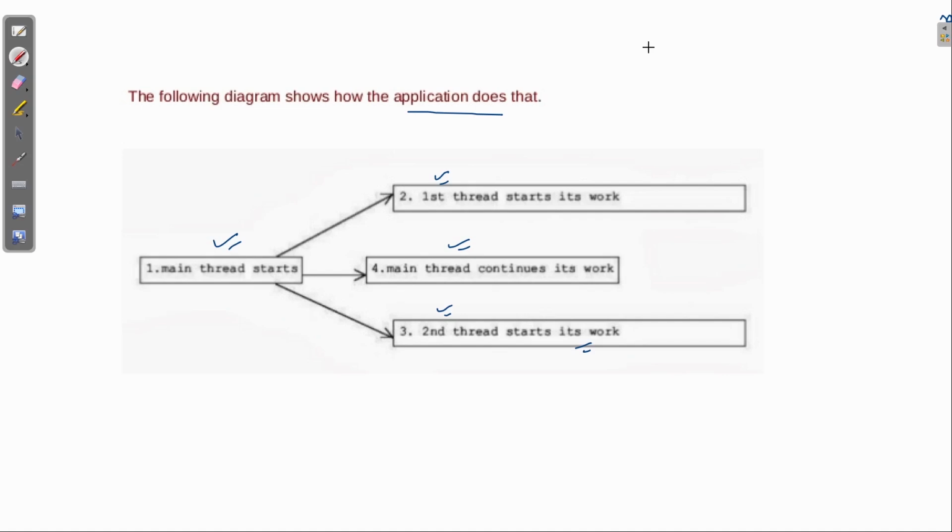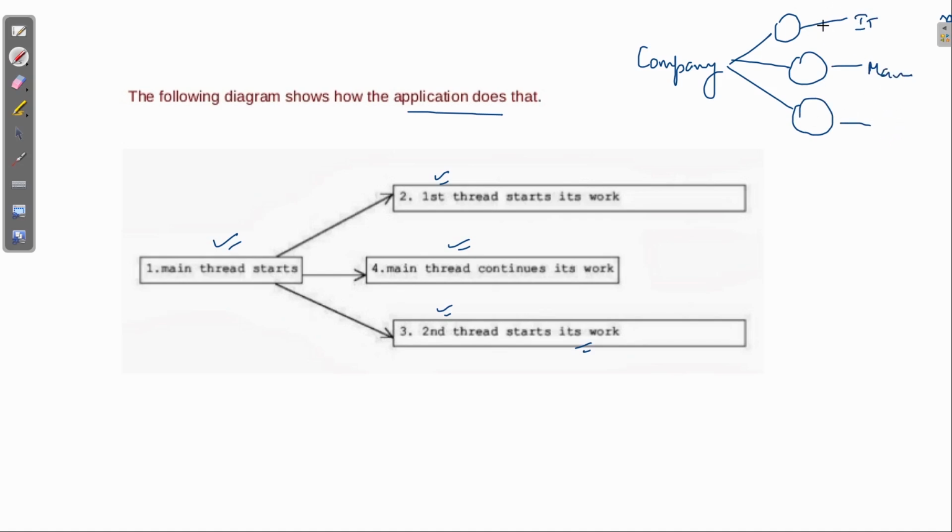It's like, suppose there is one company. What does that company do? It divides its work into different domains. There will be one IT sector, one management sector, and another domain.